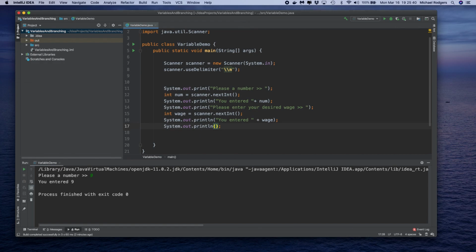the two numbers inside. So I'm going to say your salary based on num and wage